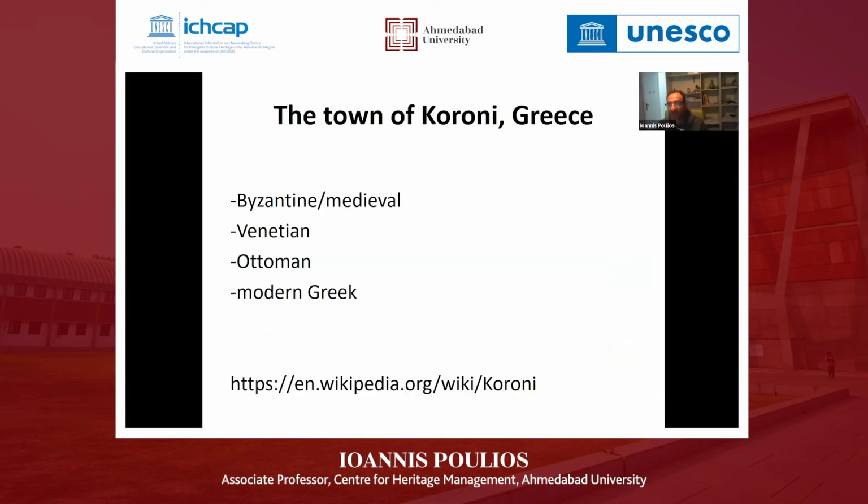Koroni went through a Byzantine, medieval phase of history. Then it was occupied by the Venetians. Then the Ottomans came, and afterwards Greece became an independent nation state, and Koroni followed this path. So there are layers from all these key phases of